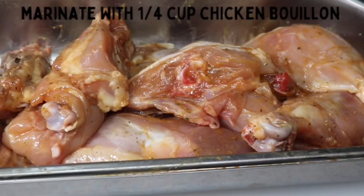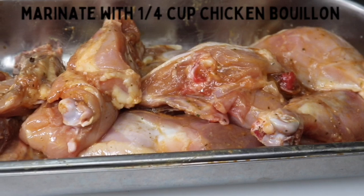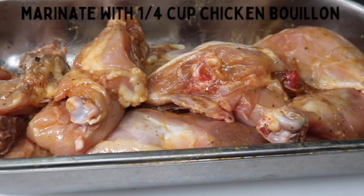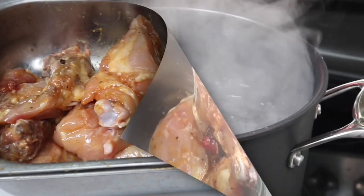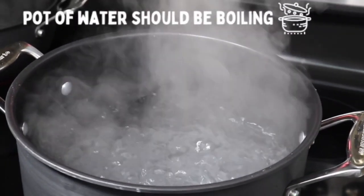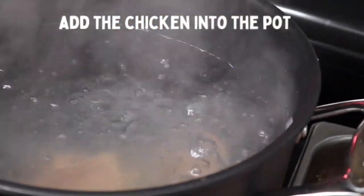Once you are done prepping the chicken, go ahead and marinate it with chicken bouillon. This recipe calls for half a cup, so you want to use half of that, which equates to 1/4 cup. By now, the water that you put on the stove earlier should be boiling. Go ahead and put all the chicken in the pot that you're using for the broth